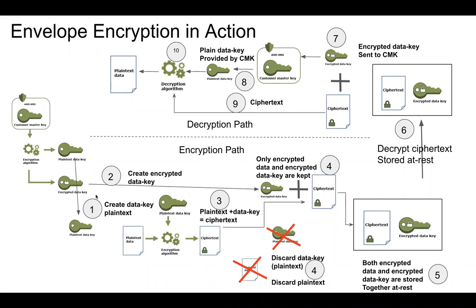No, maybe I confused you there. Yeah. So the data key is the plain text version of the data key. So you have two versions of the key. You have the plain text data key and the encrypted data key. Correct. So you want to protect the data key. So when you send the encrypted information to somebody, or when you want to save it, you always save the ciphertext with the encrypted version of the key. Okay. So in step 3, when we say plain text plus data key, is that the encrypted version of the data key, or just the? No. So this is the plain text version of the data key